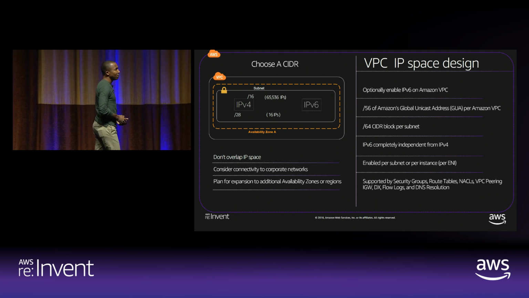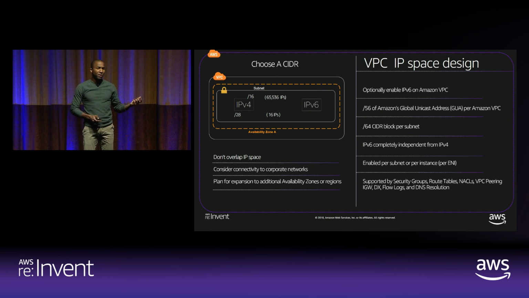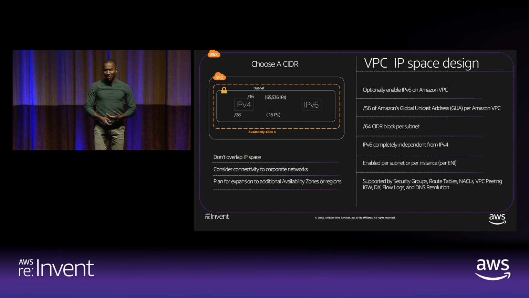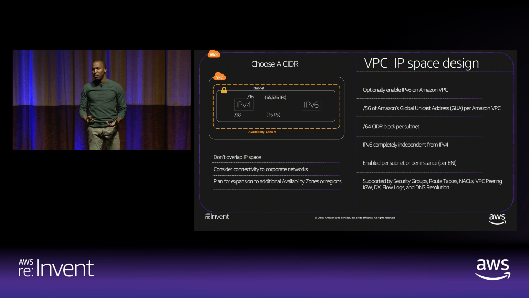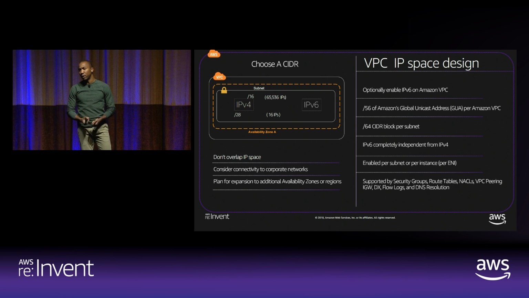One thing to note before I move on is that these are globally accessible IP addresses. They're global unicast addresses, which means out of the box you can access infrastructure within your VPCs from resources online. A user online, if they know your IP address, can hit your machines without attaching Elastic IP addresses or public IP addresses, because they're already public.